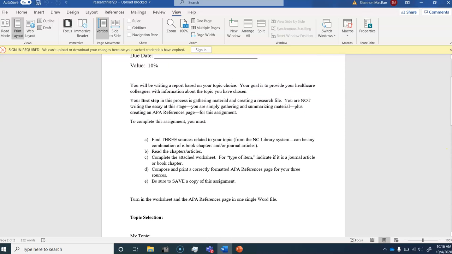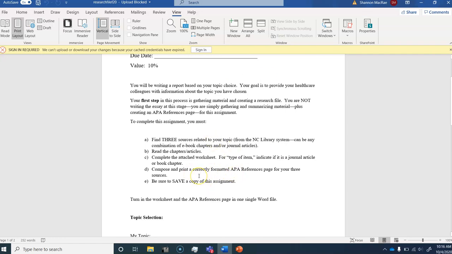Okay? After you've done this, you're then going to compose and print a correctly formatted APA references page for your 3 sources. And I'm going to ask you as well to be sure to save a copy of this assignment to your hard drive or to a stick or whatever it is that you use for saving. You're going to be turning in the worksheet and the APA references page in one single Word file.